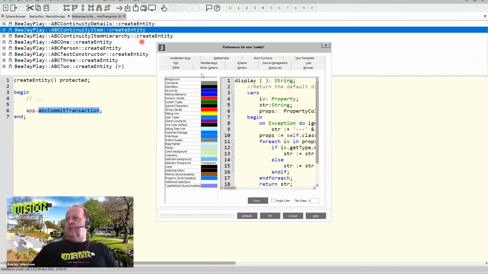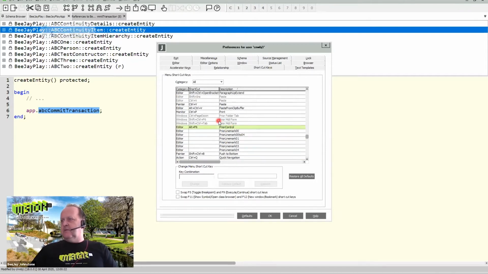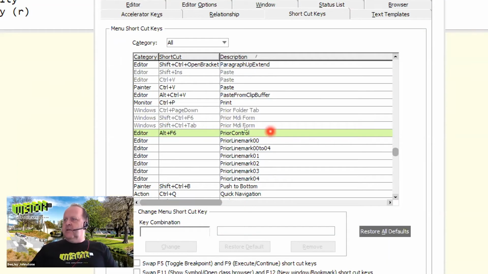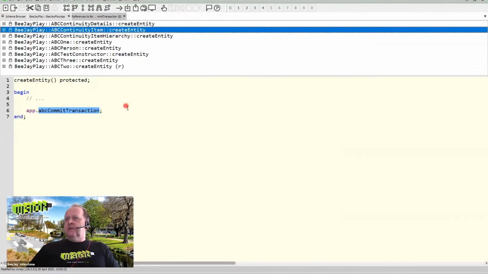So if I have a look at my preferences and go to the shortcut keys, and I'll scroll the list down, there's a shortcut that I've got mapped called prior control, and I'll just zoom in so that you can see this. So you can see here, there's an editor option called prior control, and I've mapped that to Alt F6. So if I go out of zoom, what I'm doing literally to do this via the keyboard is